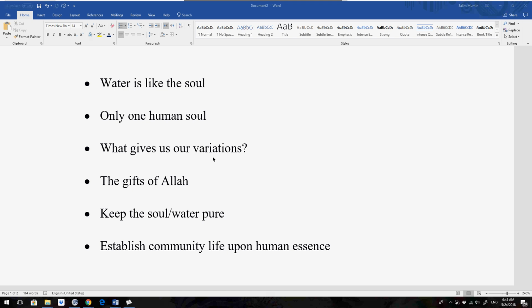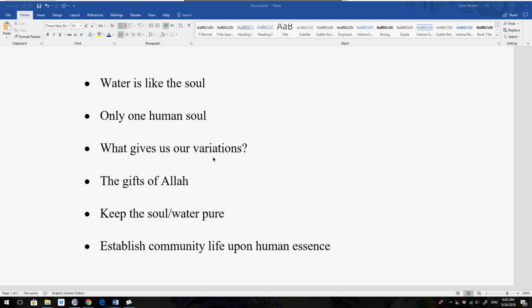But if we base our life upon the original, good, pure human nature, enjoying being a good citizen in this country, to build and improve upon the life of this country, thus it is our responsibility as Khalifa. We discussed the concept of Khalifa, the one whom Allah has made responsible in the earth. So it becomes our responsibility as Khalifa to establish Muslim community life in this country. If you understand what I'm saying.